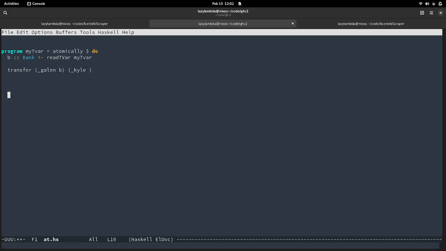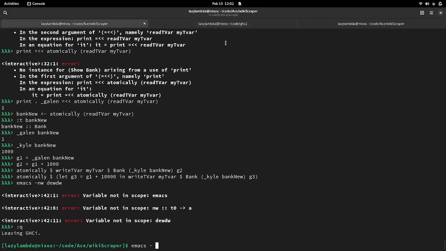So transfer is going to take a bank and return a bank. We'll take two functions that take a bank and return an int. My brain's just not working right now.